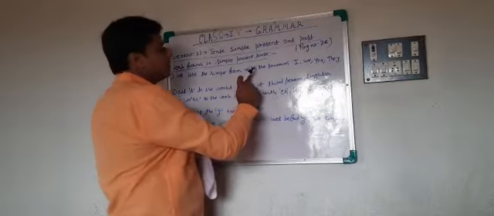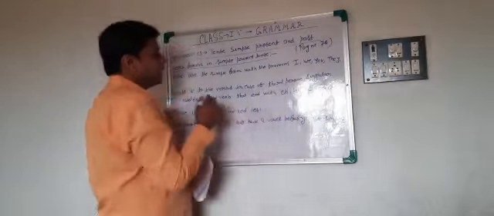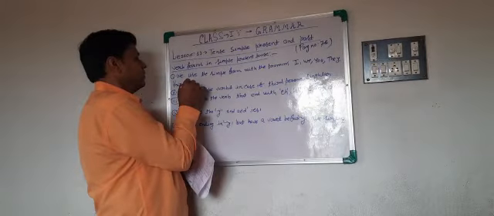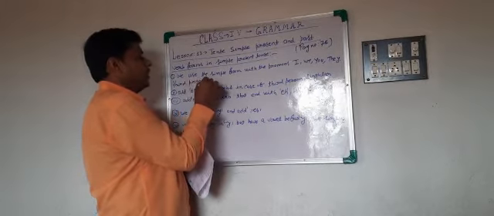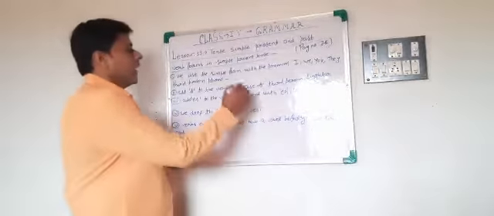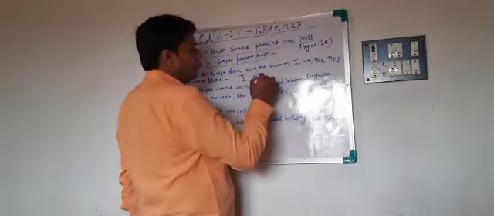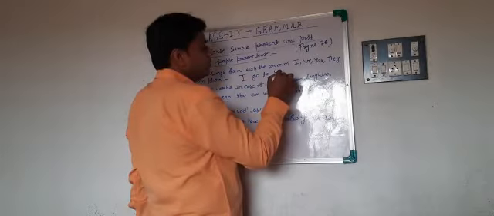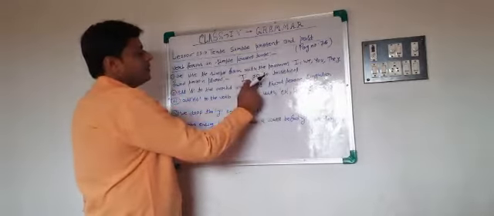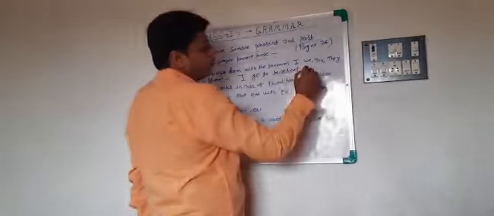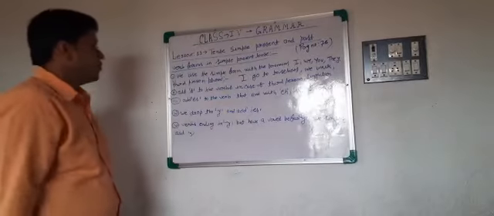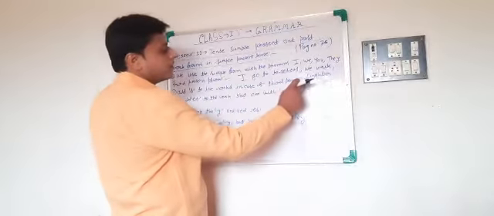We use the simple present form with the pronouns I, we, you, they, and third person plural or plural nouns. Okay. Like, I go to school. We use only the simple form of the verb. Like, we walk. Okay. Next, we add s to the verbs in case of third person singular.